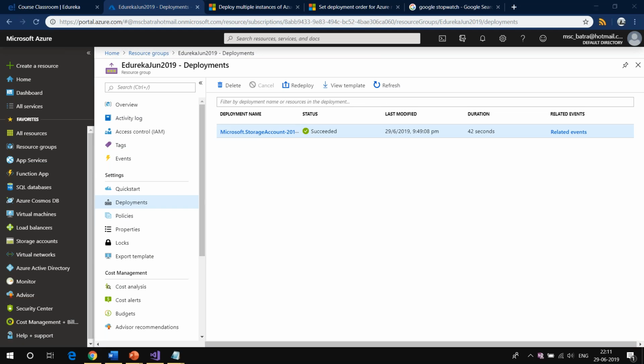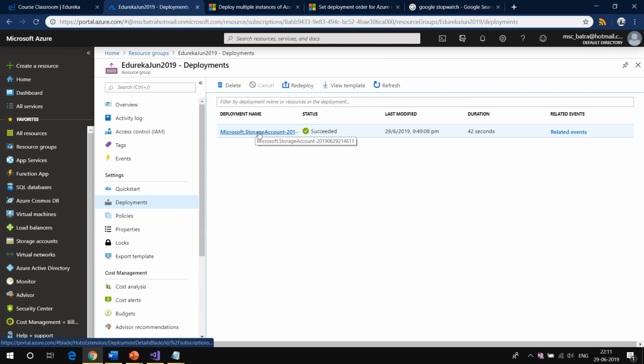Okay, and Patnana is saying, is it possible to connect SQL DB from Azure server, but SQL DB having private IP? I think that's an advanced question. Yes, you can connect SQL DB from Azure server. Okay, so we'll talk about it when we go to the database services. All right, now let's understand.